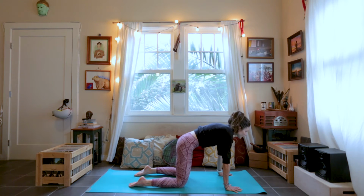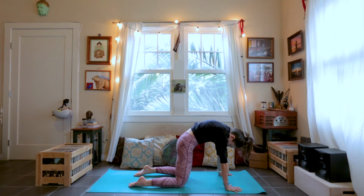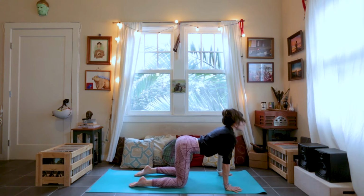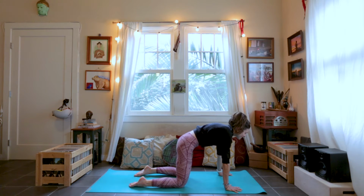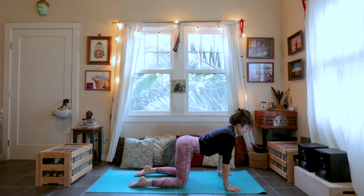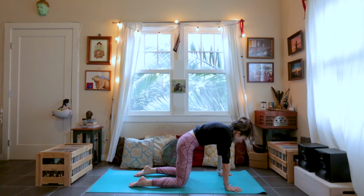Breathe out, dome. So keep this going on your own. Just taking this journey along your spine, feeling into each notch, perhaps even lengthening the breath. You can keep the movement linear